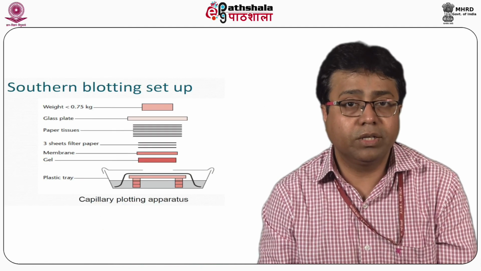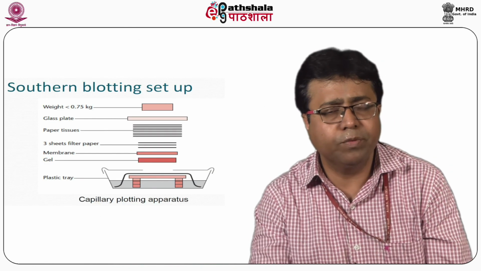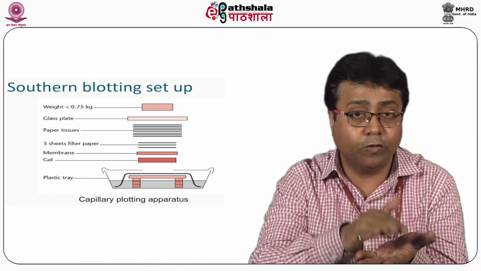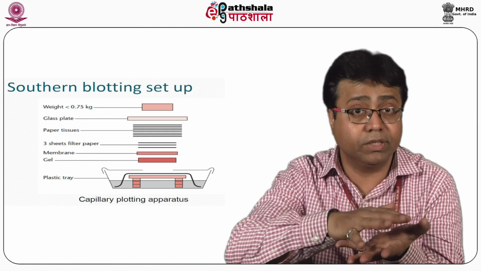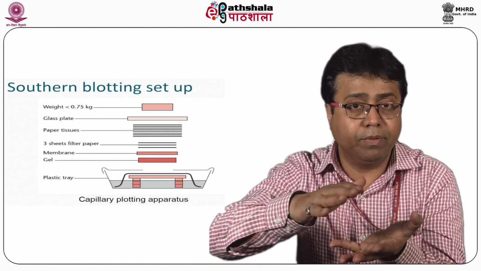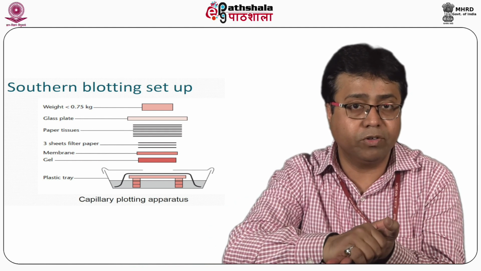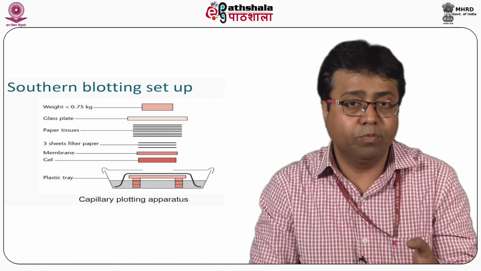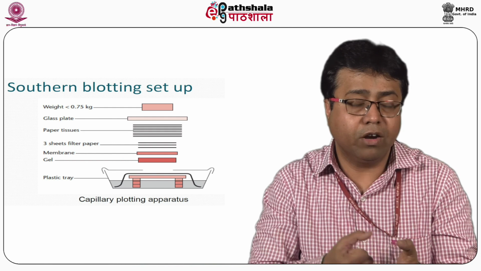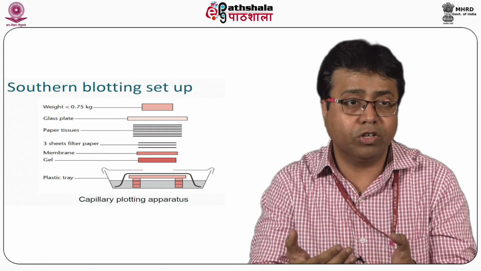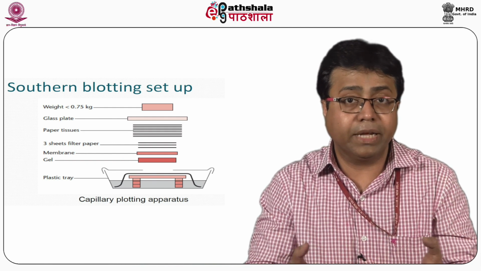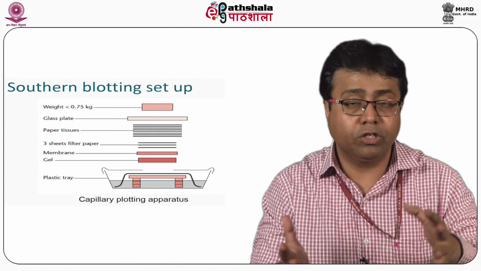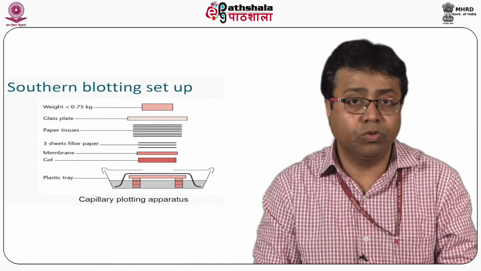So in Southern blotting, the DNA is first run on electrophoresis, and after that the next step is transferring the DNA to a PVDF or nitrocellulose membrane. That particular step involves either an electrical force to push the DNA out of the gel onto the membrane, or a mechanical pressure, just brute force, to transfer the molecules in a mechanical way. So either way it is doable.